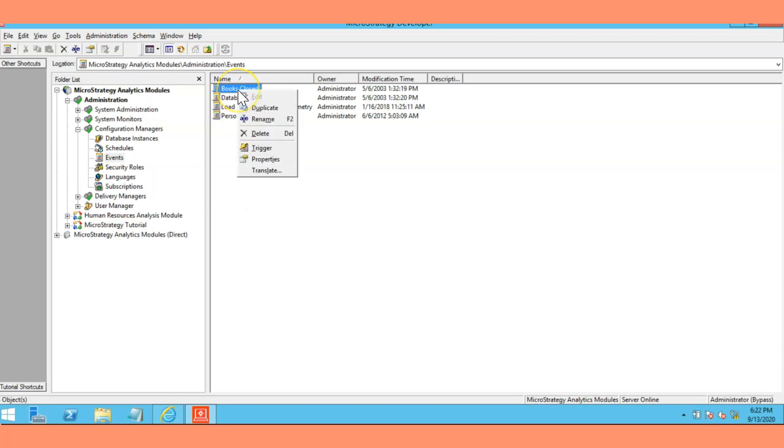If you want to trigger them manually, you can go under Events, click on Events, and inside the objects you can find your events, whether they are time-based events or event-based triggers. So you have two types of trigger, the time-based trigger or the event-based trigger, and we are going to use the event-based trigger here, and then you can trigger them. As soon as you trigger this, the users you have subscribed, those subscriptions are going to receive the email in their inbox.